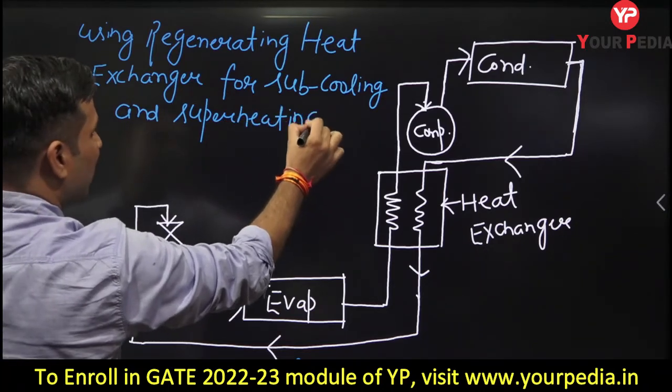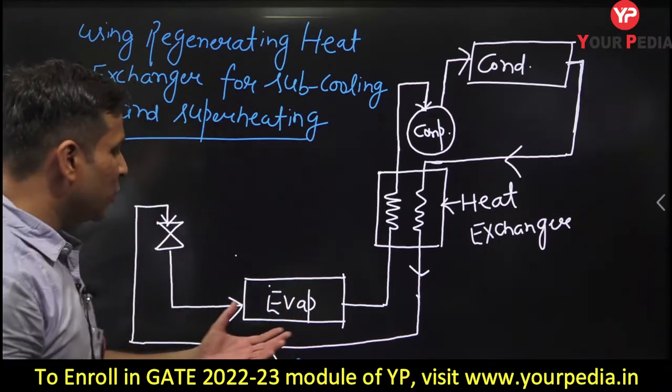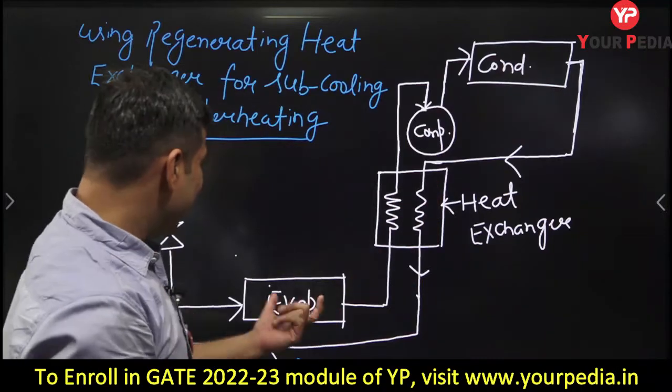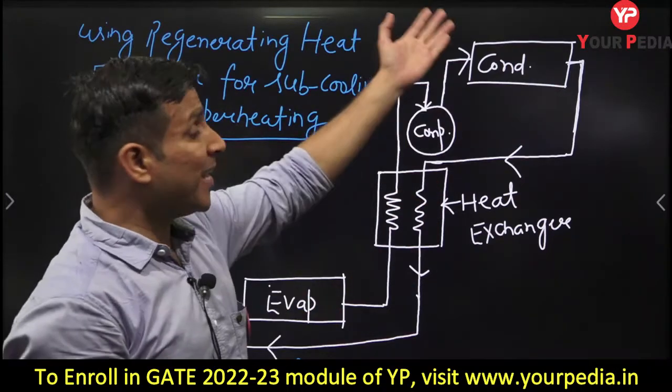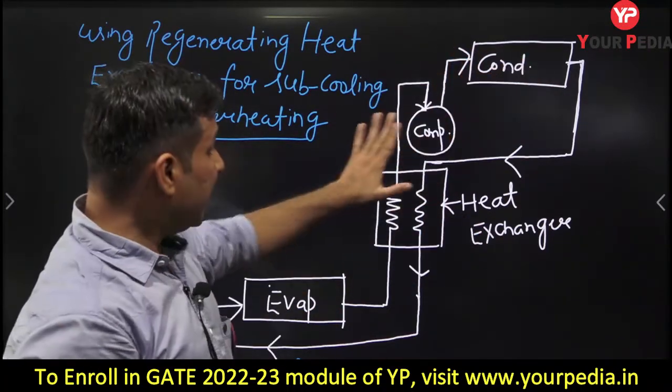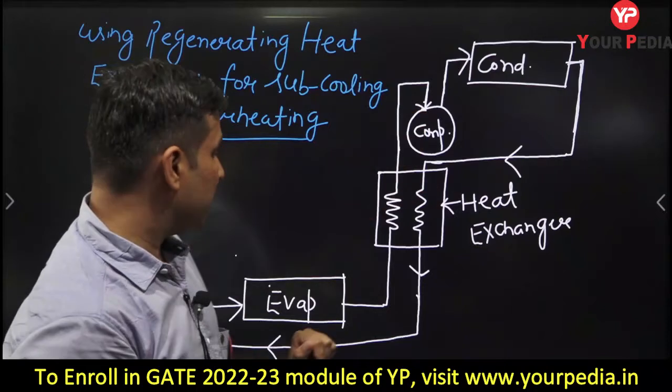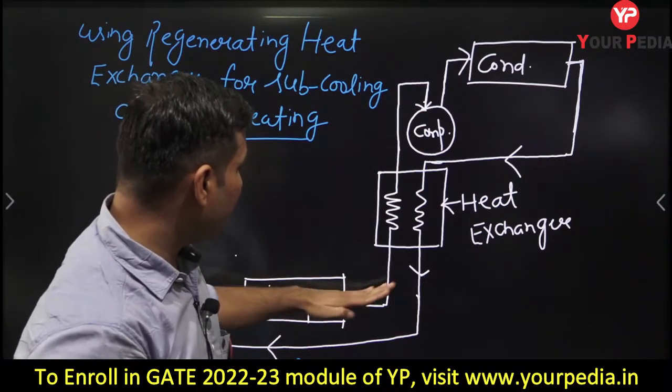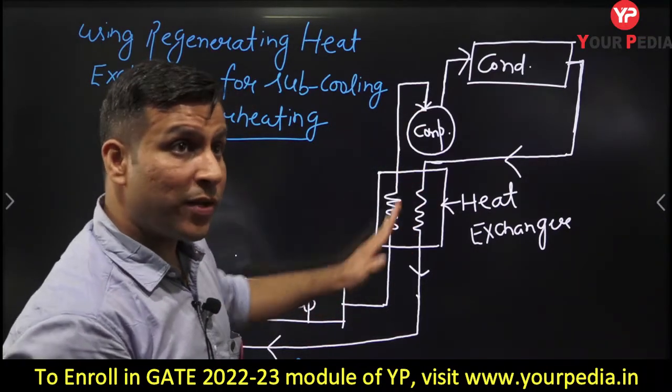So if you are using this kind of arrangement, guys, you are not increasing the size of the condenser, you are not increasing the size of the evaporator, you are not attaching an additional subcooler, you are using a heat exchanger actually. And this heat exchanger will allow that the low temperature refrigerant, which will enter from